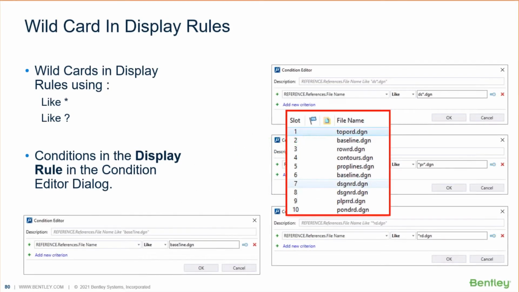I want to talk a little bit about wildcards in display rules. This is pretty cool because what this allows us to do is use a wildcard for things like the reference file name. In older versions, if you used a display rule within display style, and you wanted to go in and say, all right, I want to change how the main design file, the DSGNRD files look, and some of the others,